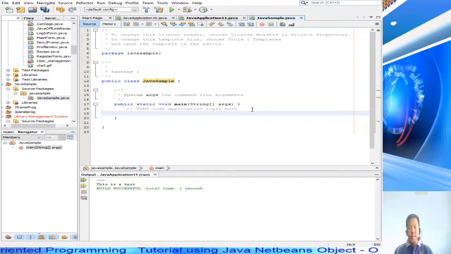So the first thing that we're going to have is a method. We will be creating a method. A method is a block of code which only runs when it is called. We can pass data, known as parameters, into a method. So that is a method. A simple way of making a method is this one,